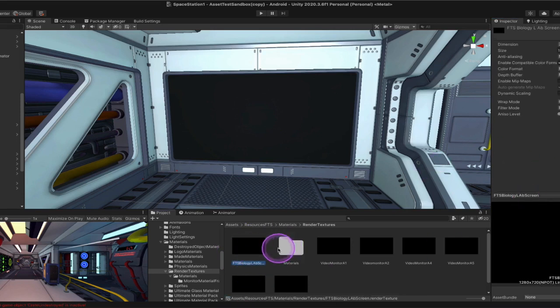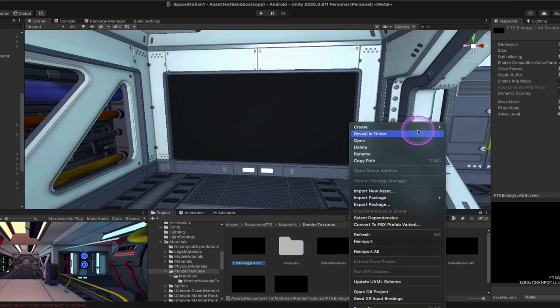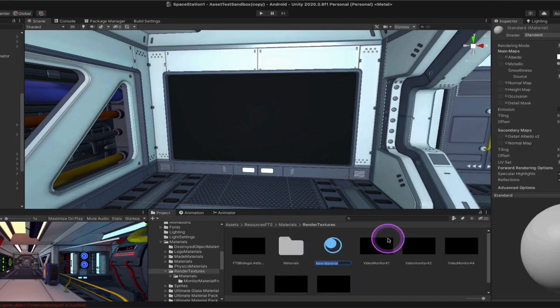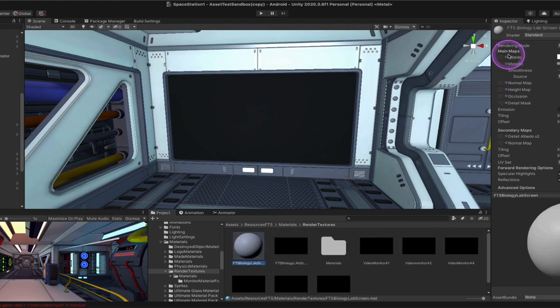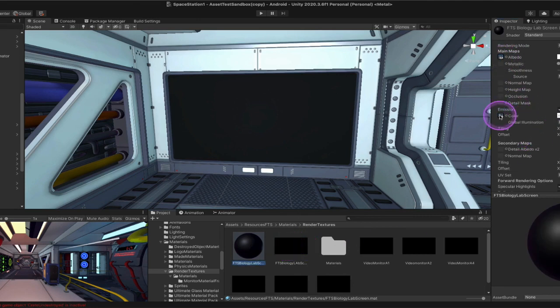So I'm going to go into another folder, or you can just do it right here. So we'll do it here so you can see it. And I'm going to create a material, and I'm going to call this the same as my render material. Okay, and then I'm going to go into my albedo, and I'm going to drag that render material that we just created into my albedo, and then I'm going to click emission, and I'm going to drag it into emission, because